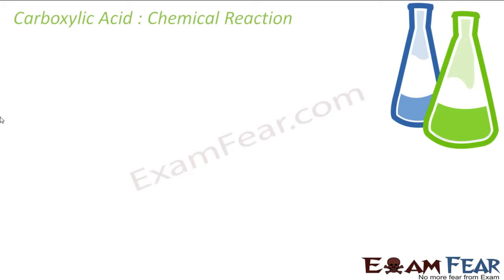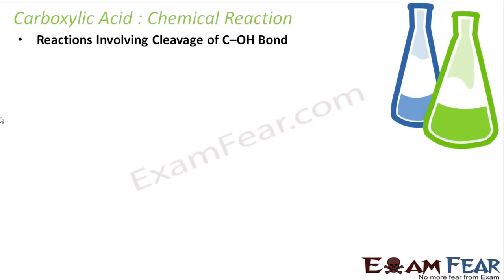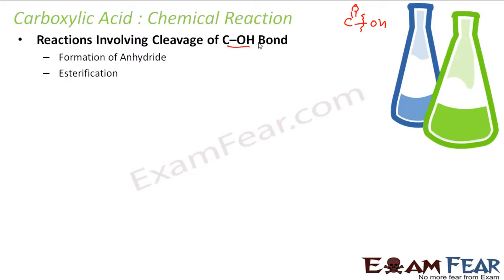Right? So now we'll talk about the methods to prepare, the chemical reactions involved in the carboxylic acids. There are some chemical reactions where we have the cleavage of the C-OH bond. If you see, we have two bonds here. In one case, this bond breaks. So this is what I'm talking about. This bond breaks. Here we talk about the formation of anhydride, we'll talk about esterification, we'll talk about the